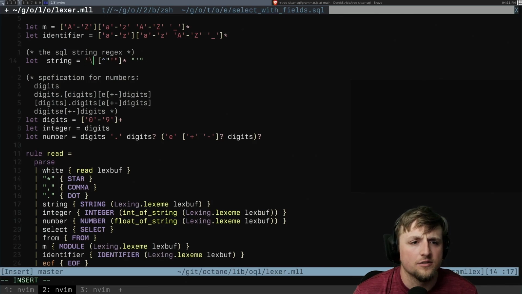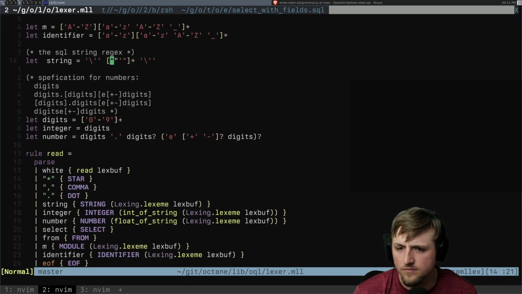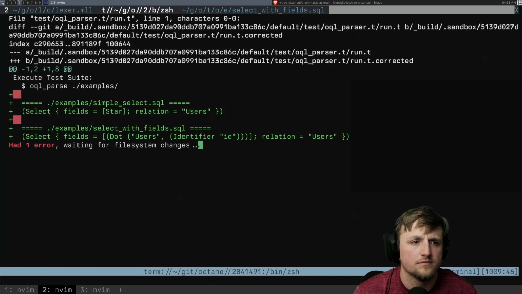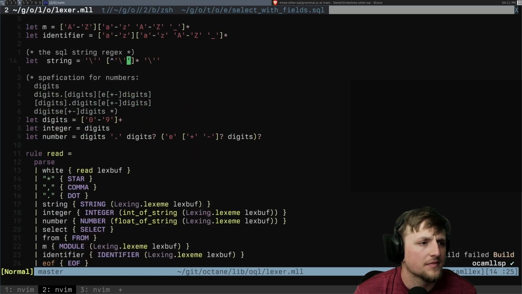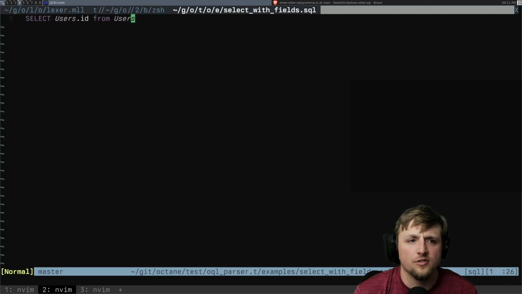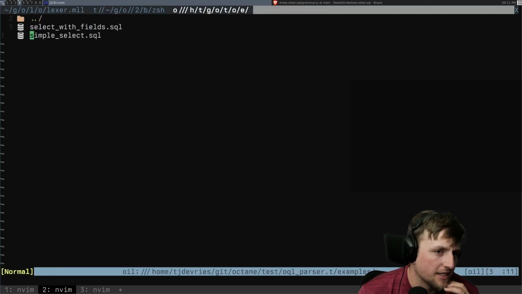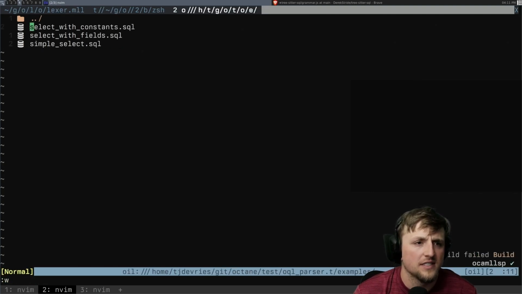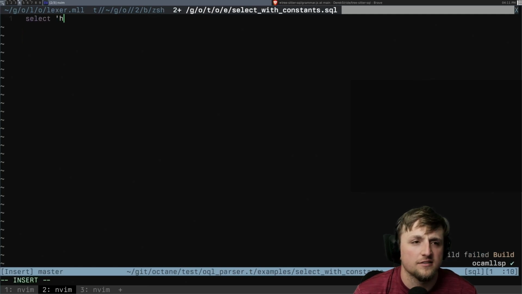Oh, I guess we need to do... Oh, right. I have to do this as well. Yeah, that makes sense. Okay, so then we can go to here and we can say select with constants dot SQL, right? So this should just be like select hello